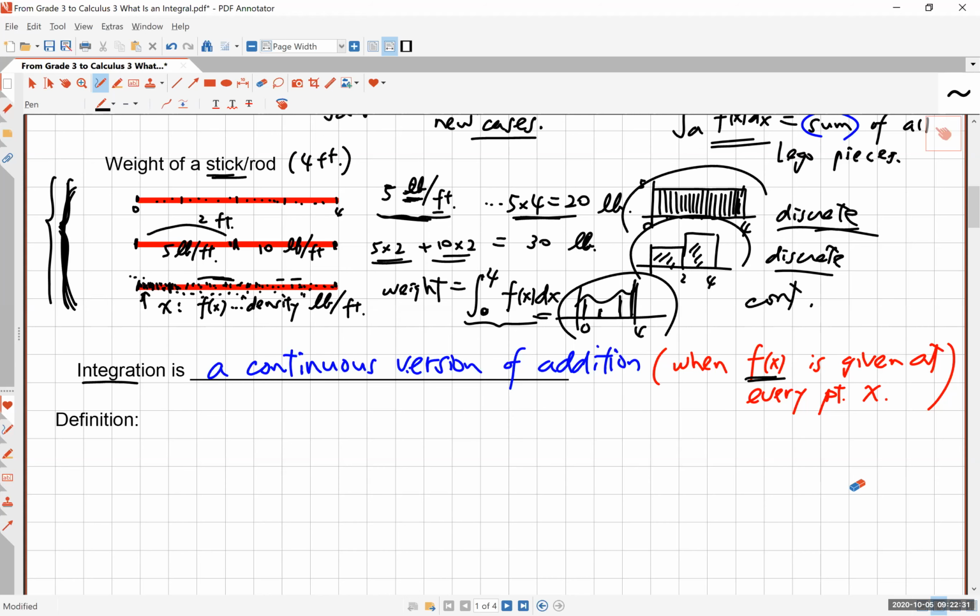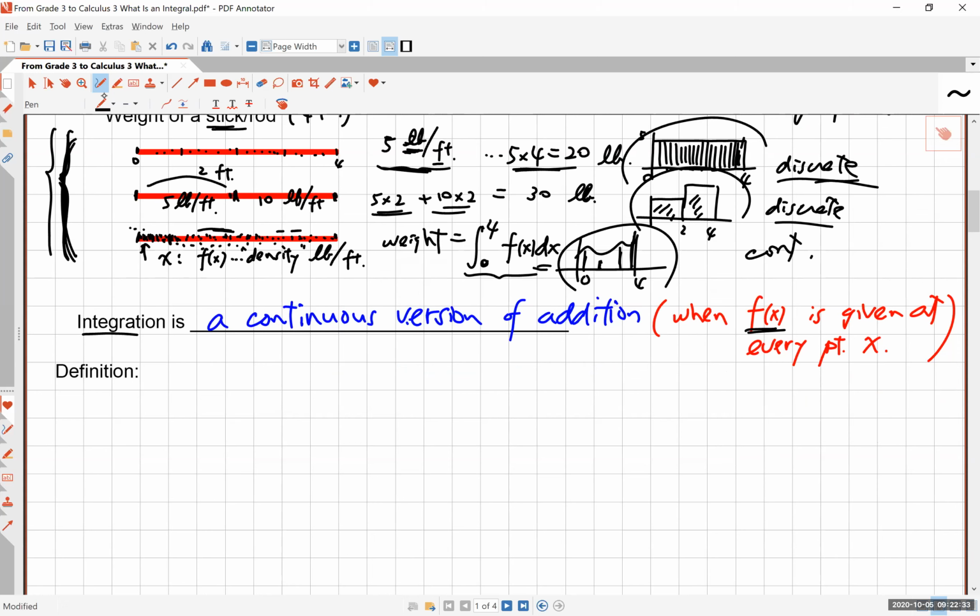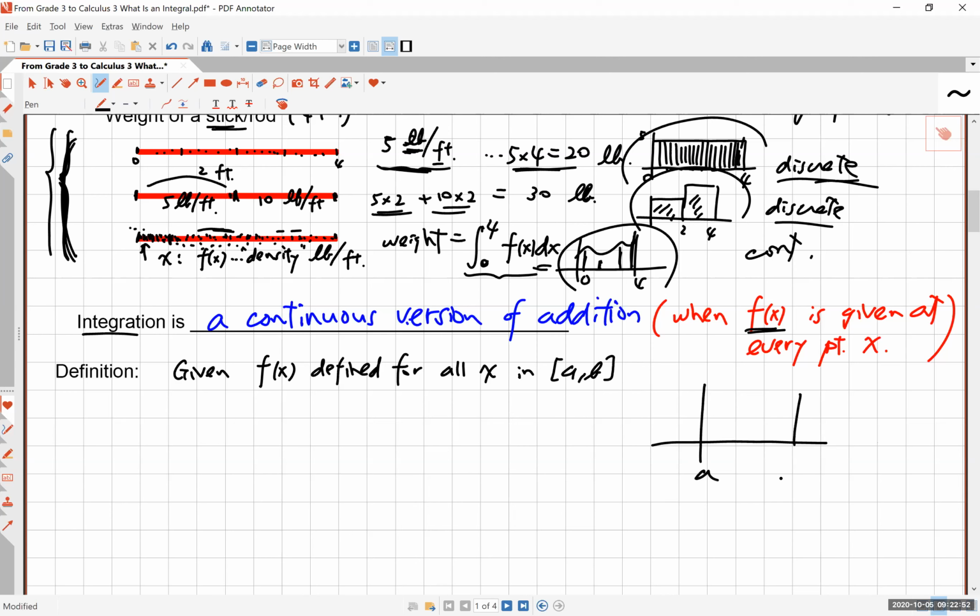All right, so let's now move to a careful definition of an integral. Given f(x) defined for all x in this interval, usually we use a closed interval here, [a, b]. I'm going to try to make this a little bigger because I think it's important for you to see this. Once we have the function defined, then we can start the definition